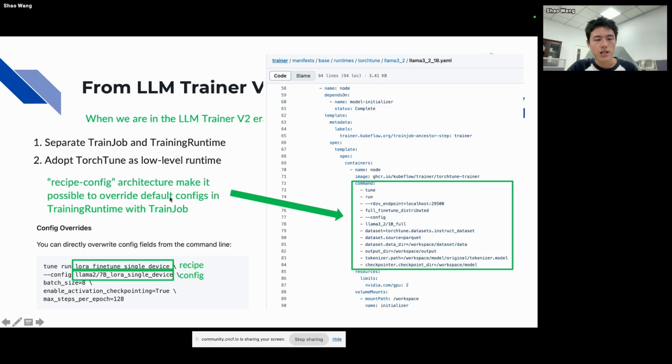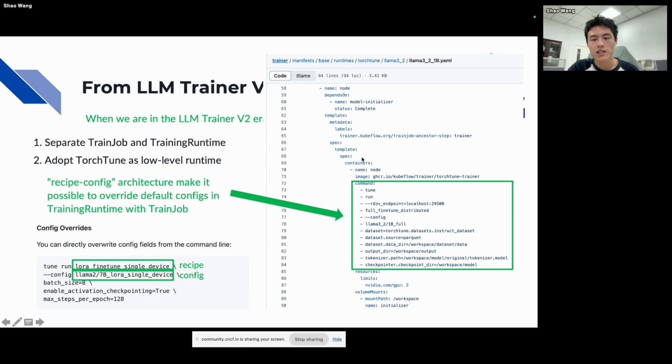And this architecture provides us with the opportunity to override default configs in the training runtime with the train job. In the official example, we can provide the overrides in the command line, and we also define the default settings in the cluster